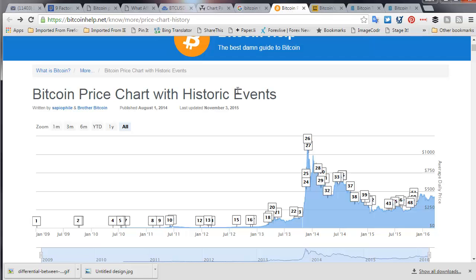This again is a chart, at all times. So you'll see in January 2009, that's when the first block was established. I'm going to ignore all of these items here. Item 16, WordPress accepts Bitcoin. Item number 17, there's a halving day. So this is a technical term, and it is important to us, because if we've got a halving day here, there's been some impact on the price chart. Is that related to the halving day? I don't know, but we want to know that, because we've got a halving day coming up fairly soon.